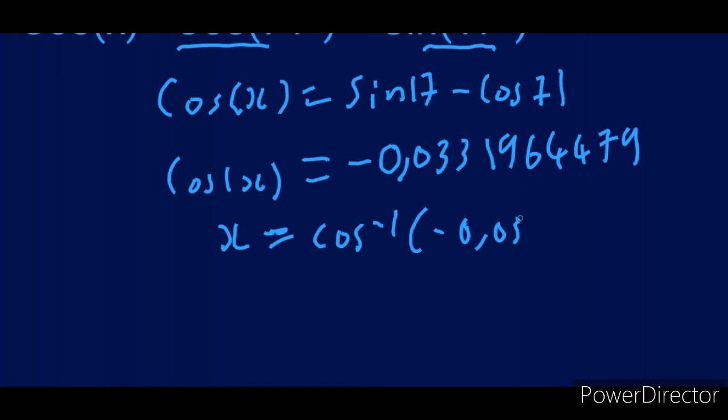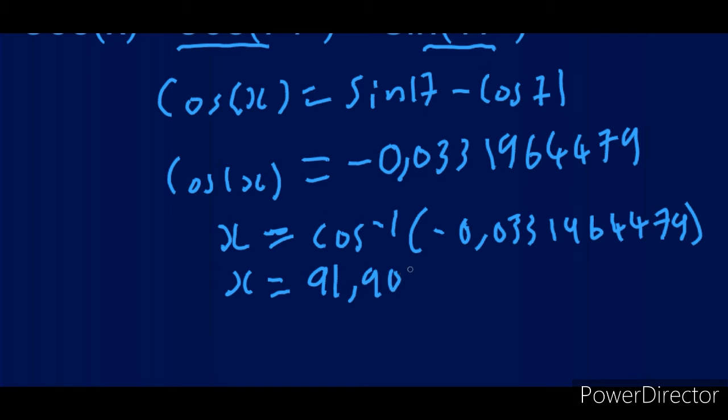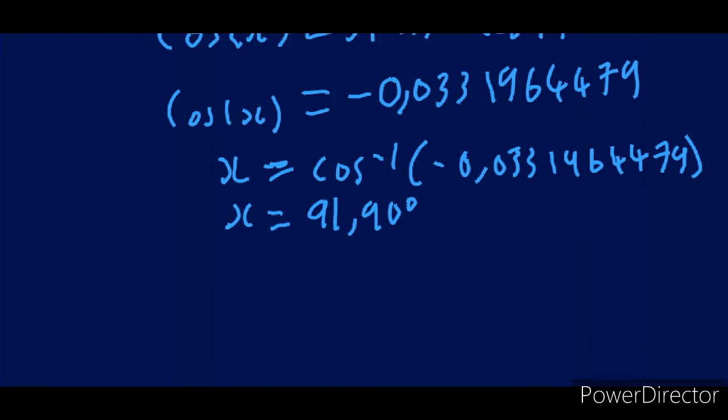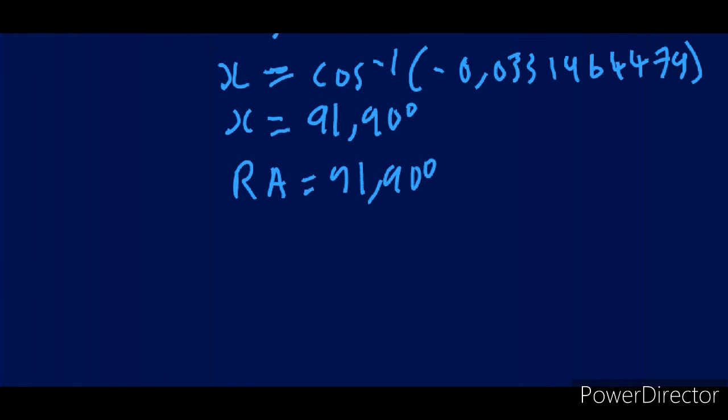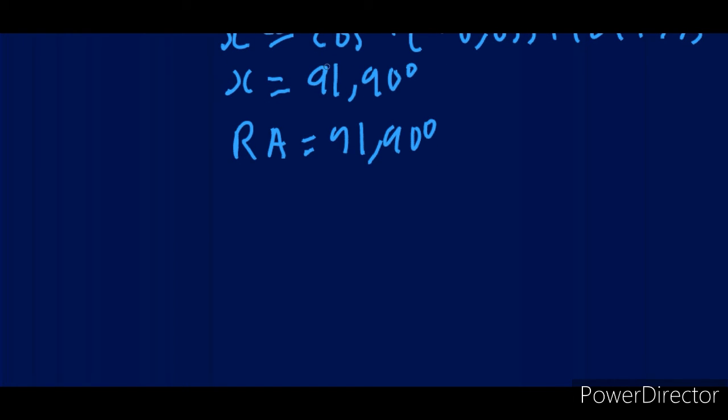So 0.331964479. So let's find out what is our reference angle. So your reference angle will be 91.90, which is just the same as 91.9. So that's your reference angle. So from here, we have got reference angle is equals to 91.90. And then from here, since we're dealing with cos, we know cos is positive in the first quadrant and